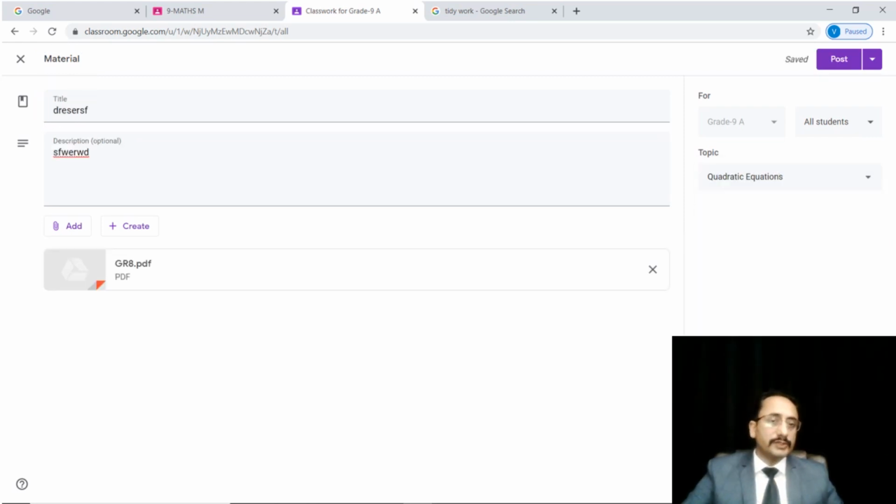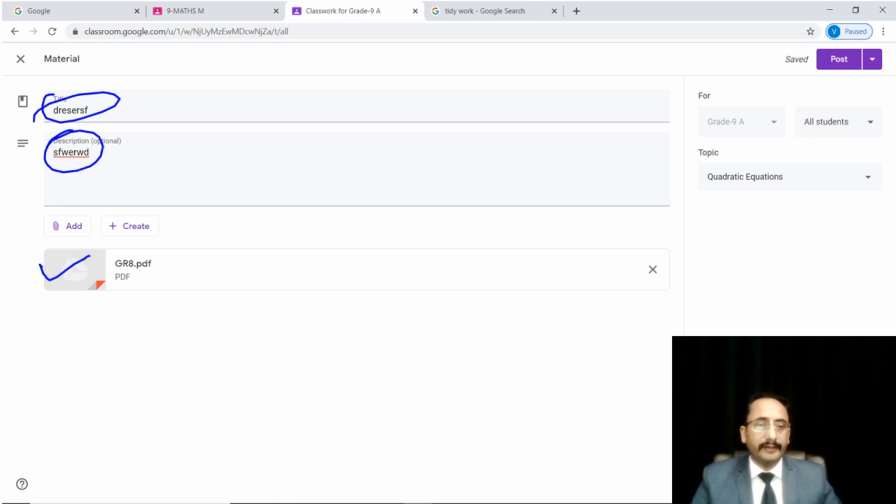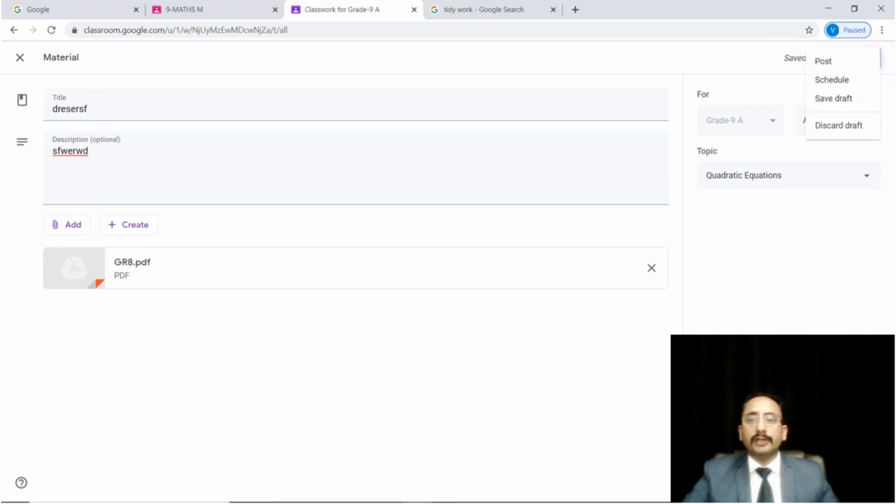Yes. So once we have entered the title, given the description, and added a file for the students, and selected all students, quadratic equation, then it is automatically saved. You don't have to save it, it will automatically get saved. There is an option to post. You can immediately post